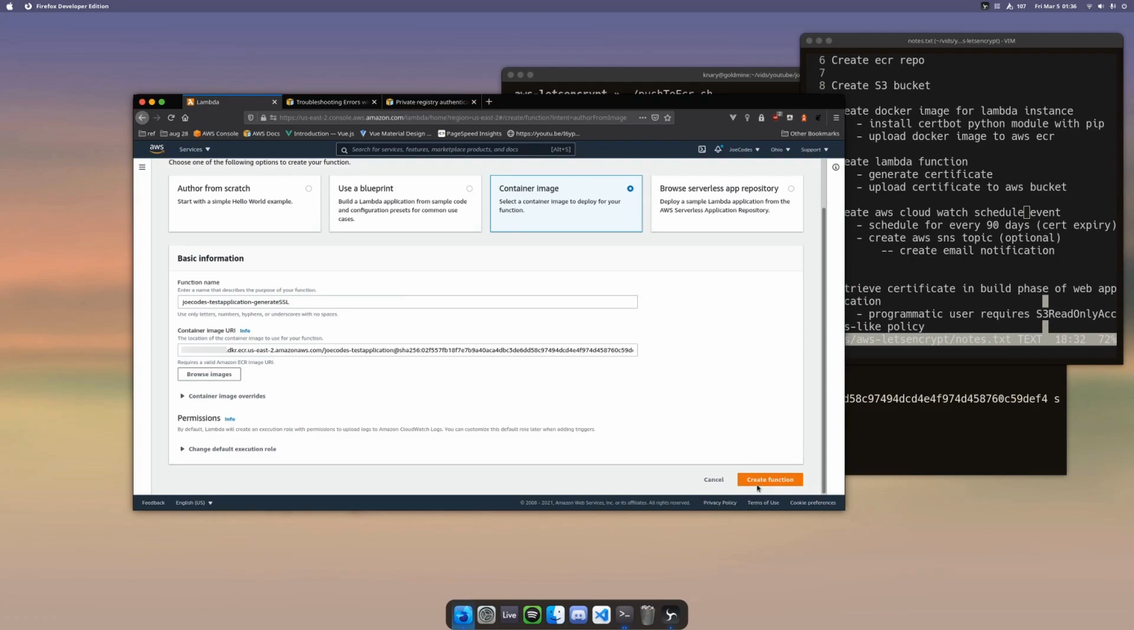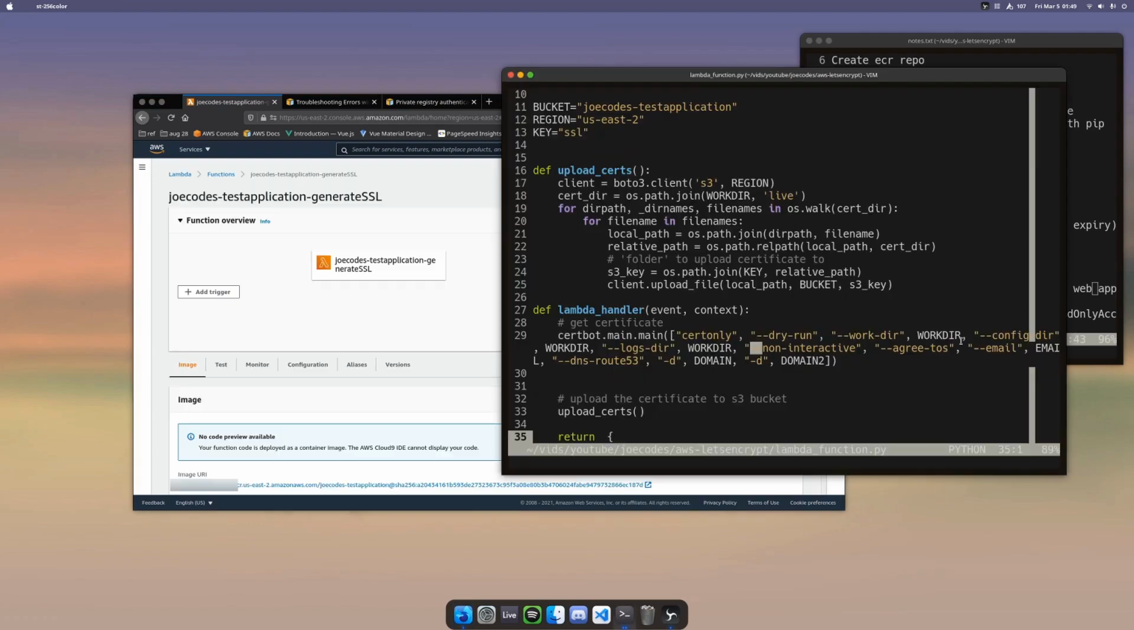Alright, now we can create the function. Before we continue, I just want to make a note about the Lambda function that I provided. Inside the function here, Certbot has a function called dry run, which I've added to one of the parameters. What that does is run through the process of generating a certificate, but it doesn't actually issue it to you. So this is just to make sure that everything's working correctly before we actually issue the certificate,